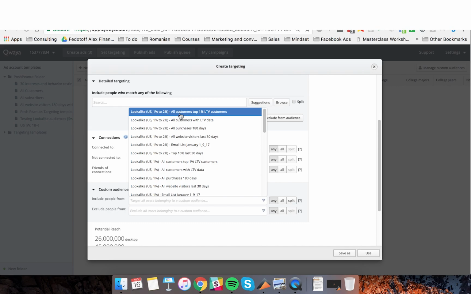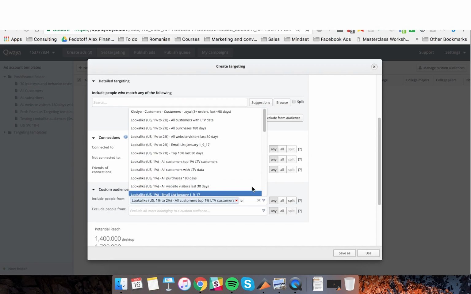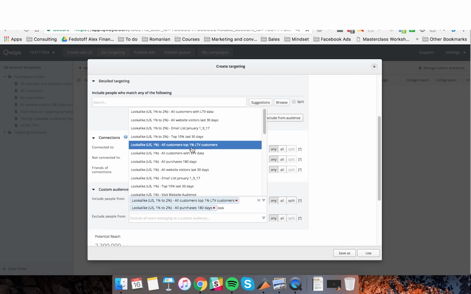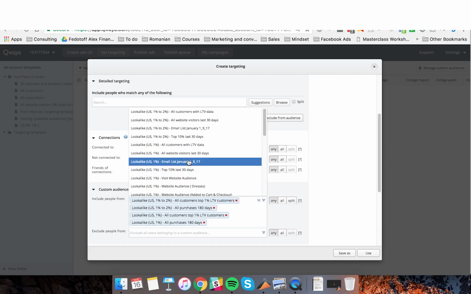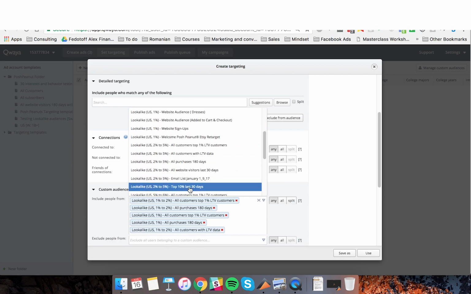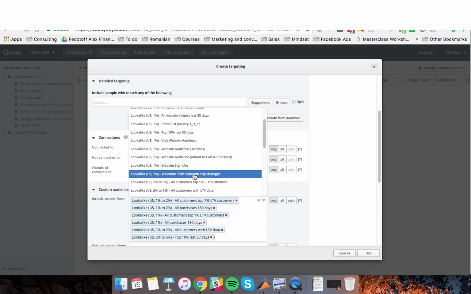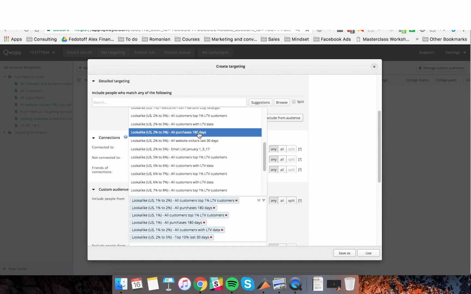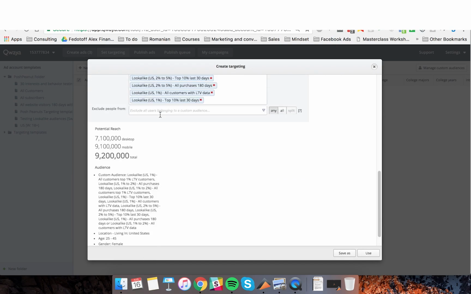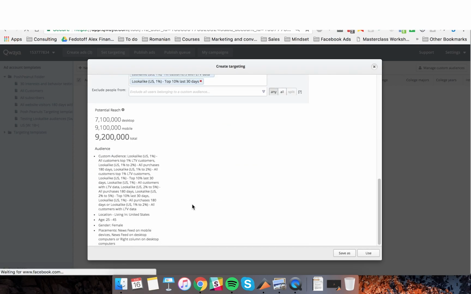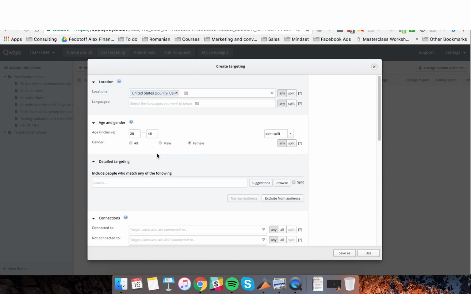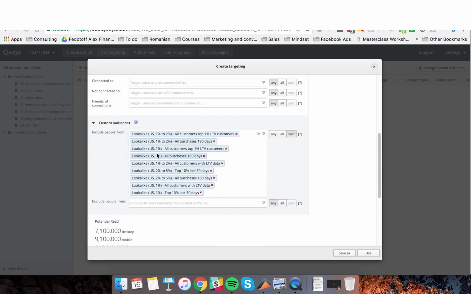And we don't have any interests here. We don't put anything here, but we use custom audiences. So we'll include lookalikes, for example, all customers. We'll also test all purchasers lookalikes. And basically we can have all these top performing lookalikes from purchasers, lookalikes from website visitors, lookalikes from, we have a lot of those audiences created, and we can even test 2 and 5 all customers with LTV data. And so we can test all of these audiences here, and as you can see, just one click of the button,